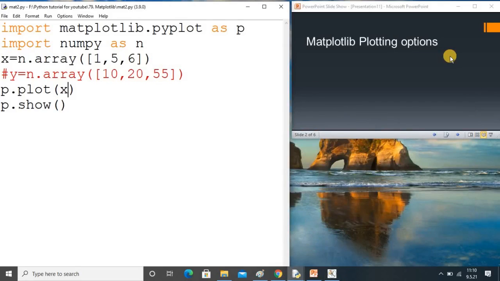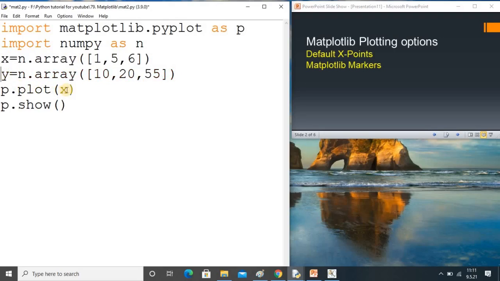In matplotlib plotting we will see more varieties of options. The first we have already seen, the default x-axis, and the next one is the marker. How can you specify a marker? Suppose I take both axes, x and y. To mark each pair of values you use marker as a parameter, and inside quotes you can use any symbol.